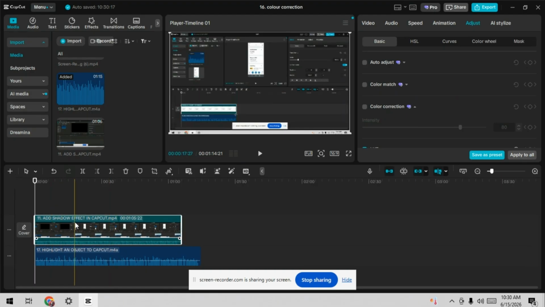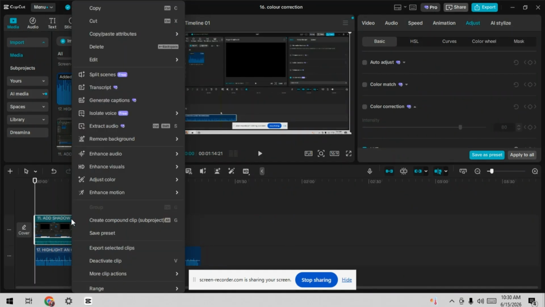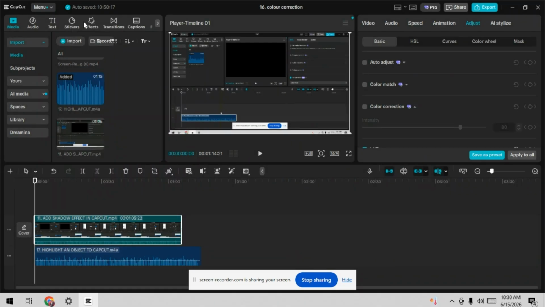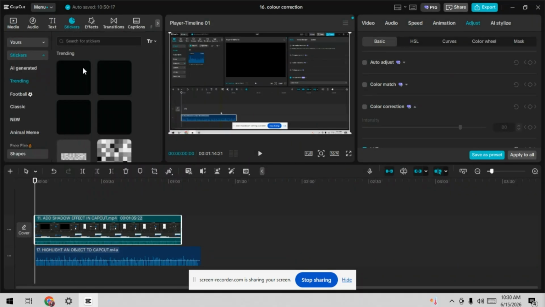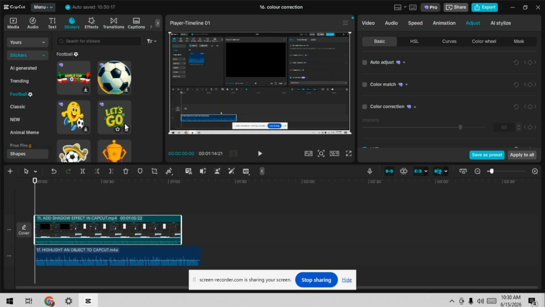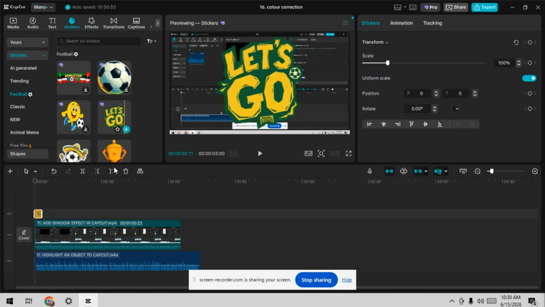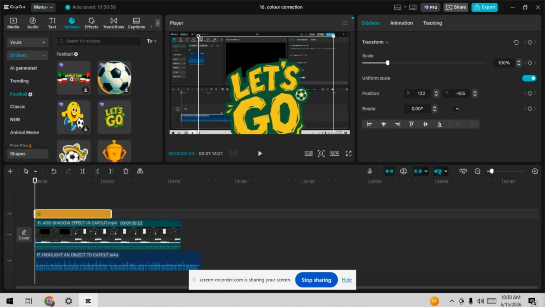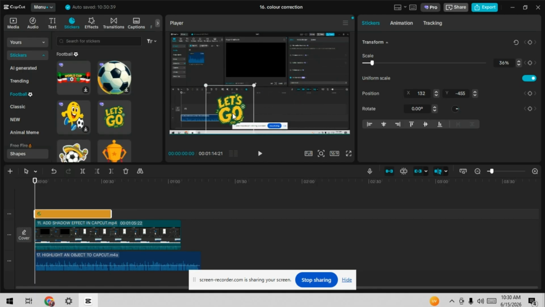to appear. Next, go to Overlay and add a shape, sticker, or effect that you want to use as the highlight. Resize and position it over the object you want the viewers to focus on. If the object is moving, select the overlay and use keyframes to make the highlight follow the object throughout the